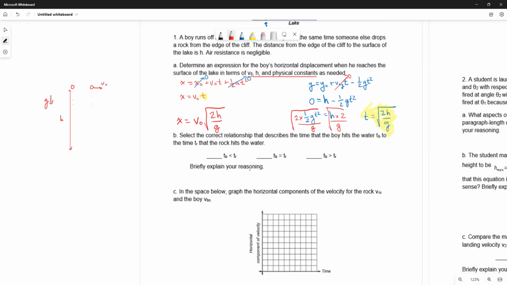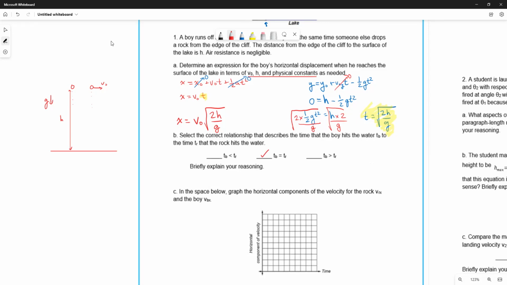And so their velocities, their height, their displacement, and their time to reach the ground here, or the water in this case, would be the same for both. Right? Two objects falling, whether they have horizontal velocity or not, will always have the same time to fall from the same height. Okay, so if we were to describe this, a reasoning,